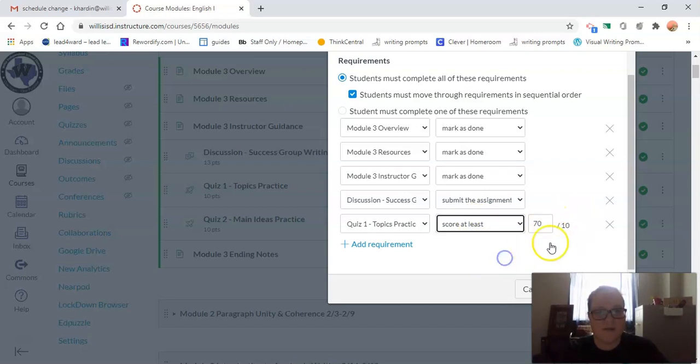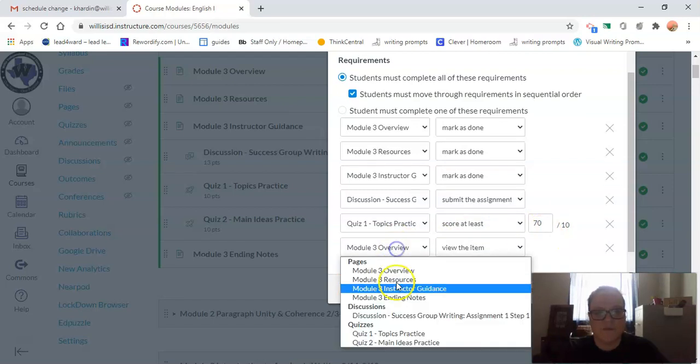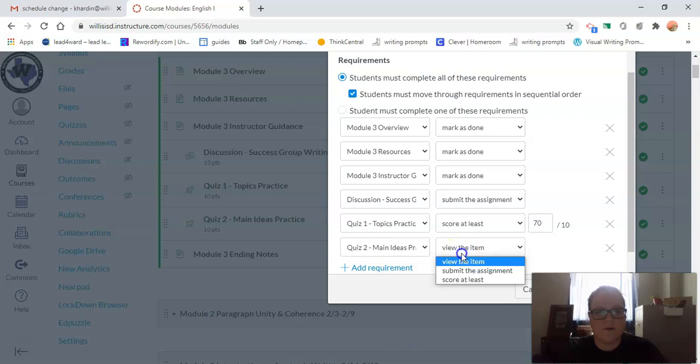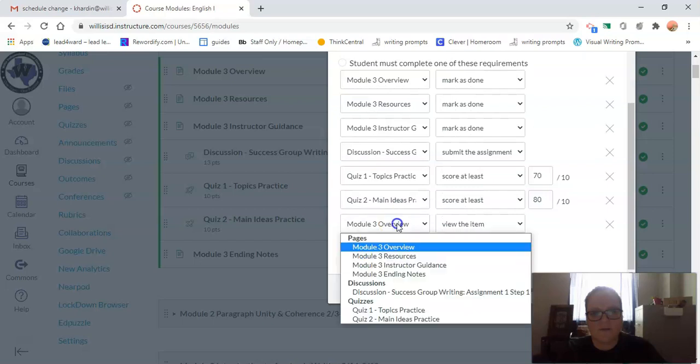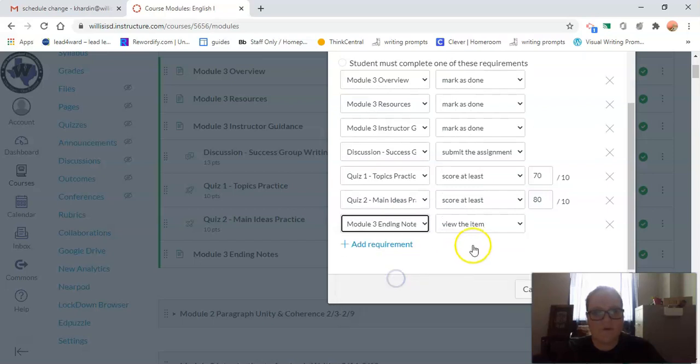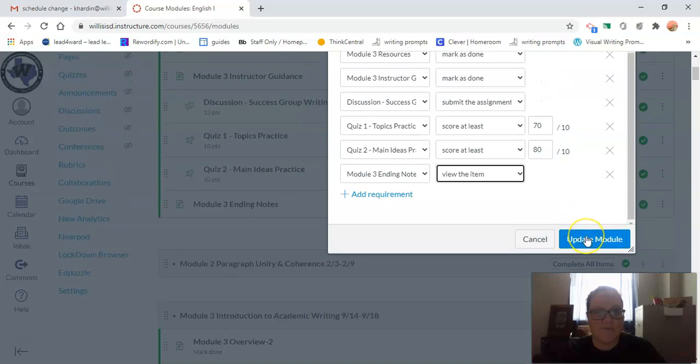So when they're working in that module, they have to score a 70 to move on to the next item, which is going to be the second quiz. And then there I want them to score an 80 or higher, however you want to set it. And then the last thing on my module is the ending notes. And I want them to mark that as done as well. So you can say that you just want them to view it. So now when we hit update,